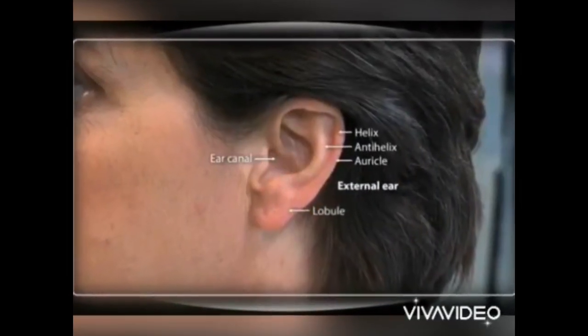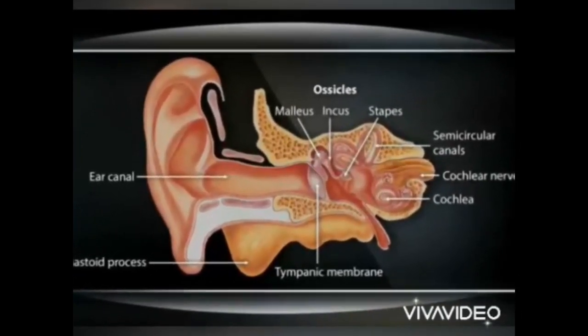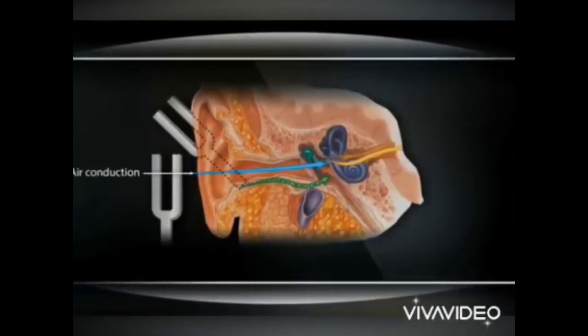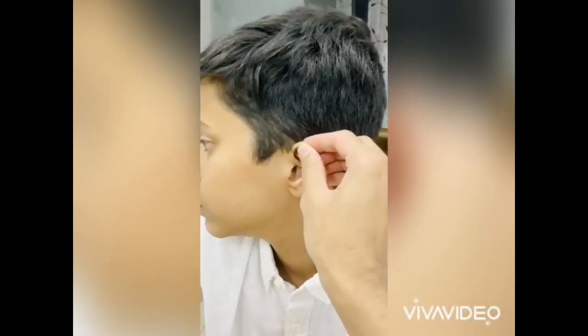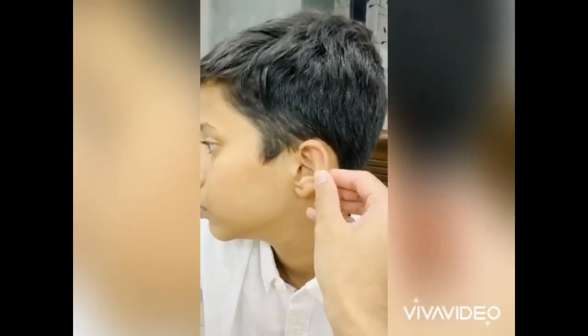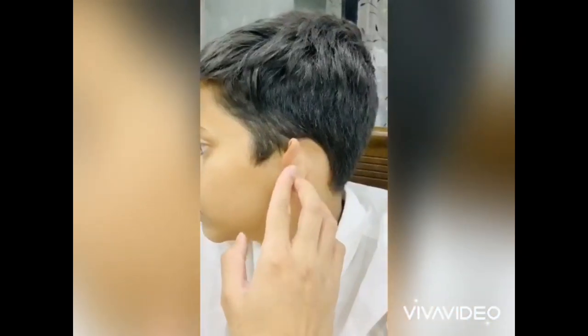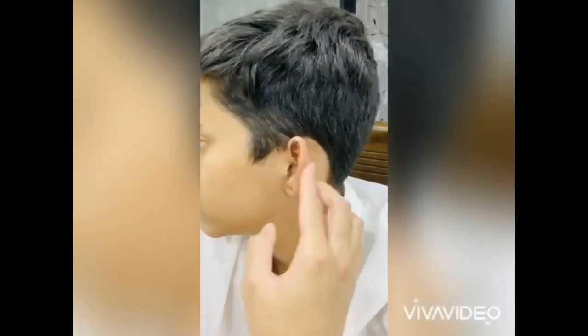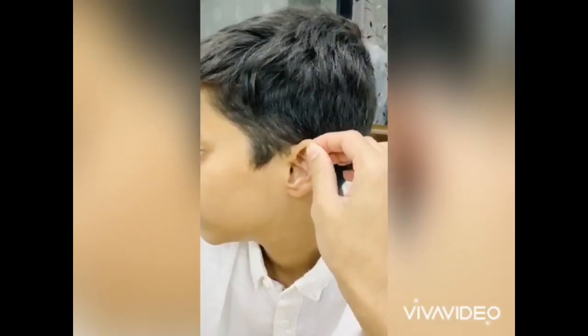Begin the exam by inspecting the auricle and surrounding tissue for deformities or lumps. Then, check if there is persistent pain, inflammation, or tenderness present, and if so, do the tug test for otitis externa. After that, press the tragus and mastoid bone for tenderness. If there is tenderness here, then it can denote mastoiditis.